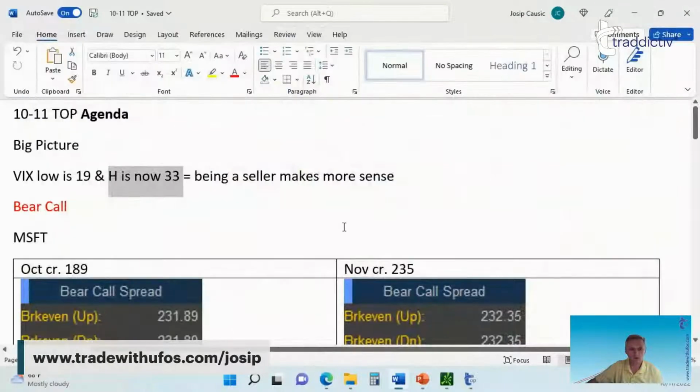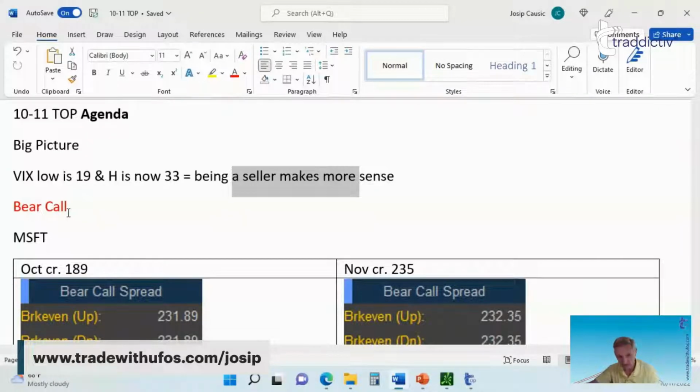So what do we do next? We know that volatility is high. So we are then sellers because it makes more sense to be a seller. So we did the bear call spread. What about the bull put spread? Could we do the bull spreads? Yeah, and then got run over. That little capital that you get from a premium to a bull put spread, it's not worth it when you get run over. So instead of doing the bear call spread and a bull put spread, which spell out IC or the iron condor,